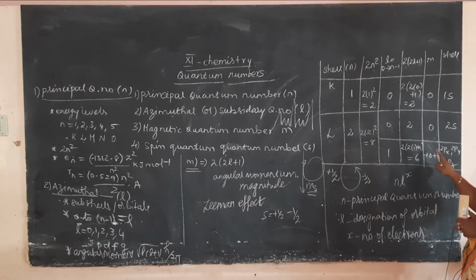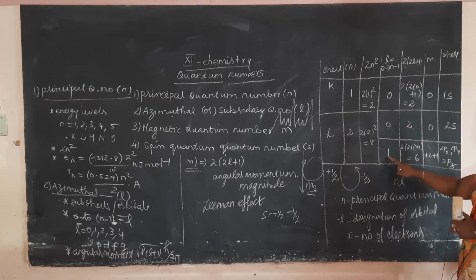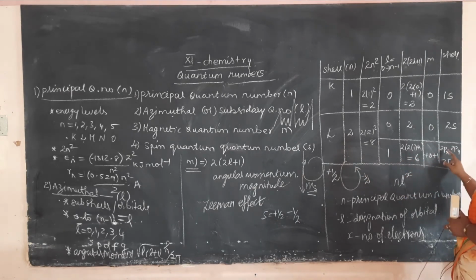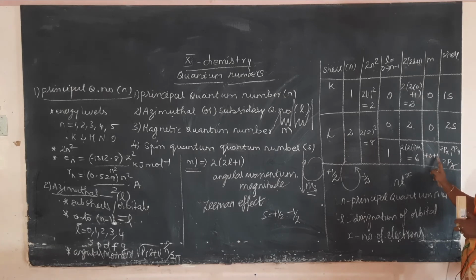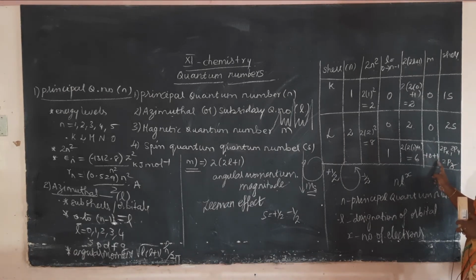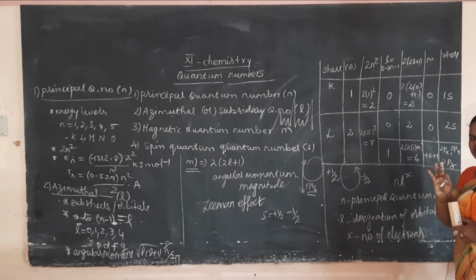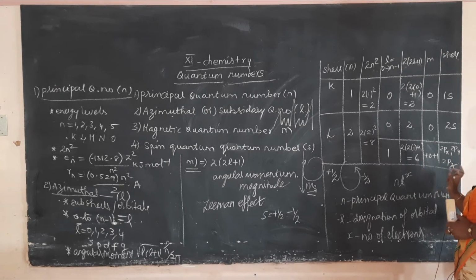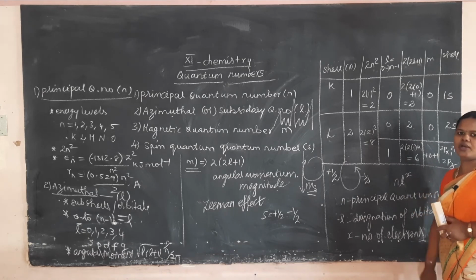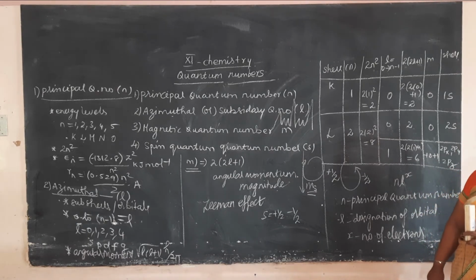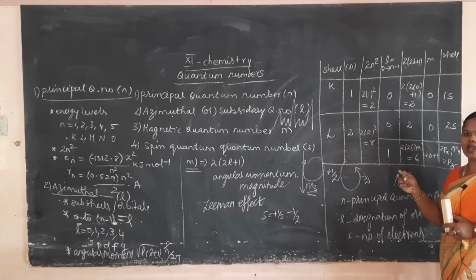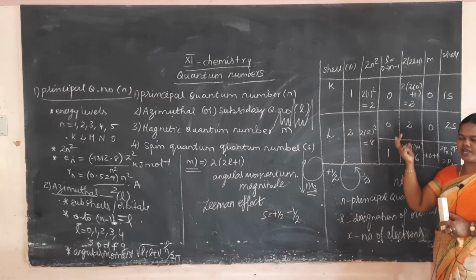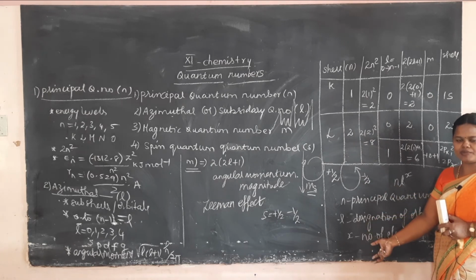Then here you see L is equal to 1. L is equal to 1 is which orbital? The p orbital, and there are 3 orientations, minus 1, 0, plus 1. So it will be present in all 3 axes. So it is 2px, 2py and 2pz. Okay, this is how you have to arrange the electrons in an atom, and you must understand how to calculate this. And similarly you calculate for the M, N and O shells, how to place electrons in them.